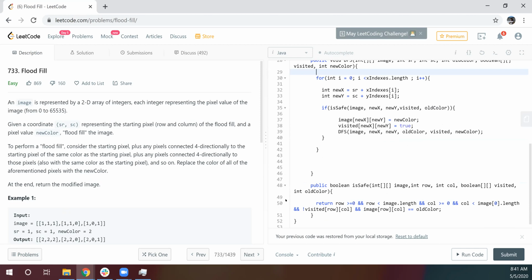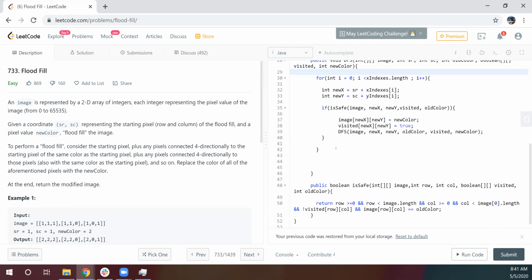So similarly, you can do the BFS way also, right? It's either DFS or BFS. For doing BFS, we need a queue, and we also have to track some way to find the coordinates.